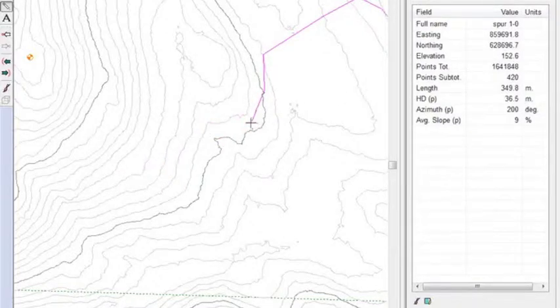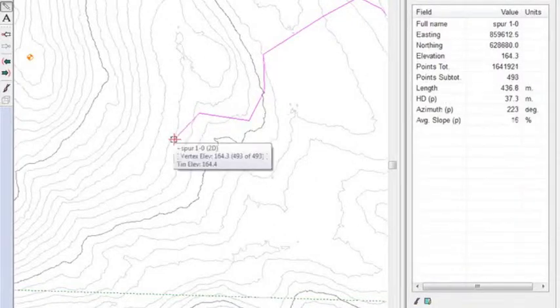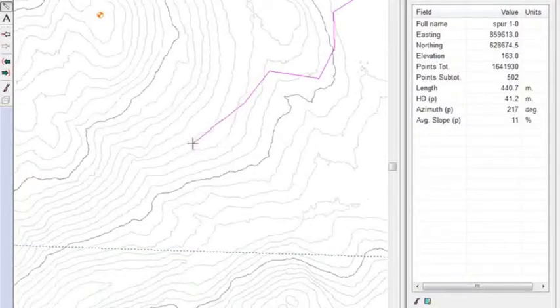9%, 12%, 2%. 8%, 10%, close enough. 8%, 16%, 11%. That looks good. Now this is pretty steep side hill here. In fact, I think there's a